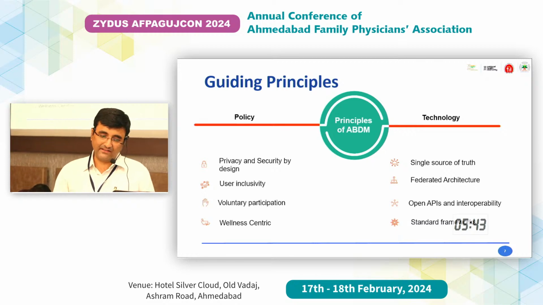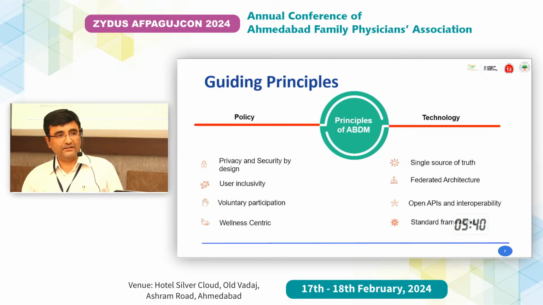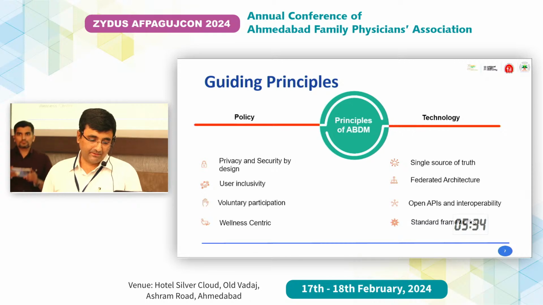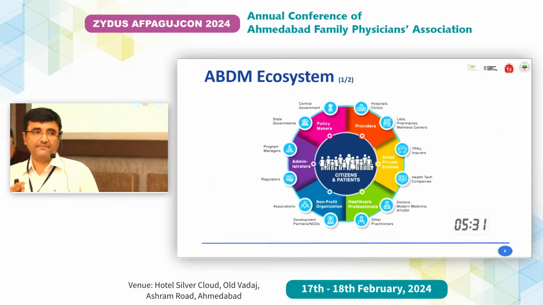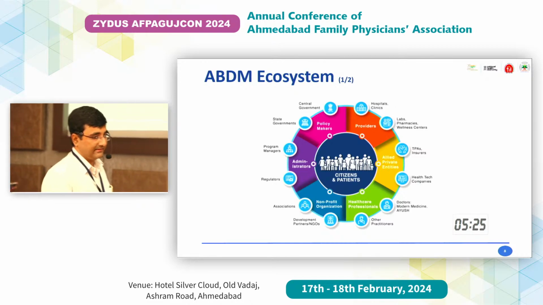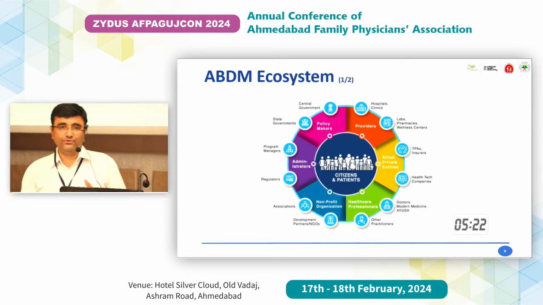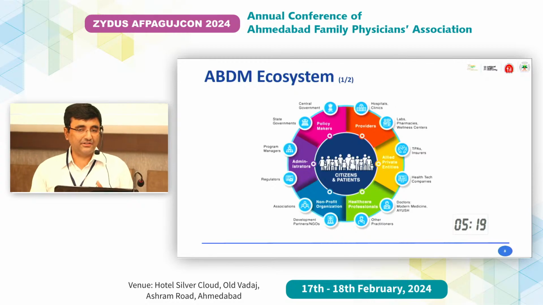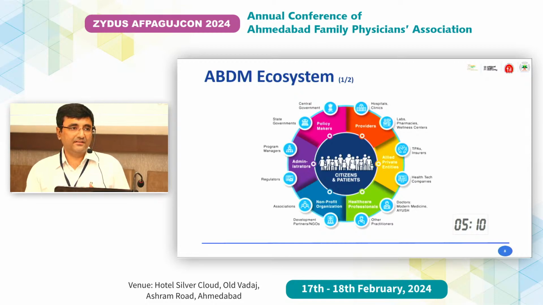And the standard framework is very helpful in rolling out the mission across all the states. And as I have said, open APIs and interoperability are the USP of the entire mission. So all these stakeholders are envisaged to be onboarded. The citizens are at the center of the mechanism. It includes all doctors, all Ayush practitioners, the nursing staff, up to the pharmacy stores. It also talks about the NGOs and the research organizations. It talks about the policymakers and the legislators, say for example various authorities, such as NHA, SHA, the Food and Drugs Authority, and so on and so forth.